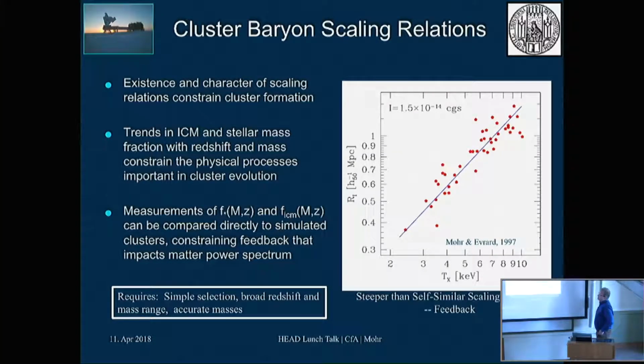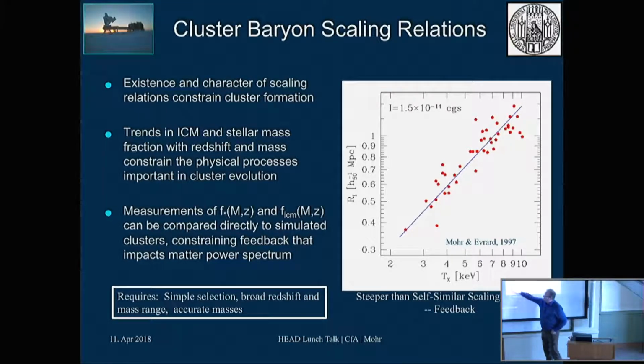So why might you want to study scaling relations? You can learn things about how galaxy clusters form. Hopefully one of the conclusions today will be interesting in that regard. The scatter is telling you something about the variation, at fixed temperature or fixed mass, in the structure of the galaxy clusters. The overall slope in this case is typically sensitive to feedback from AGN or star formation.